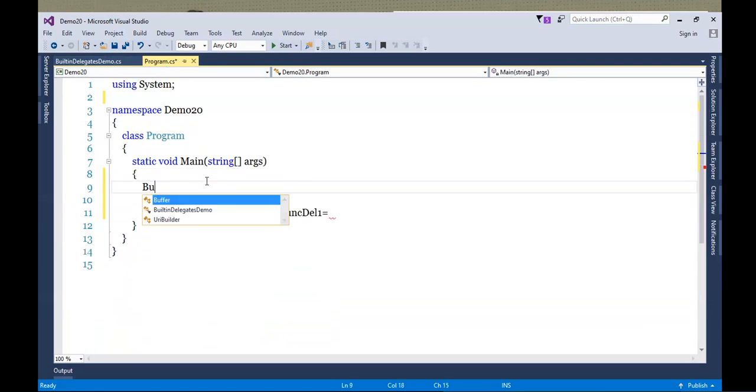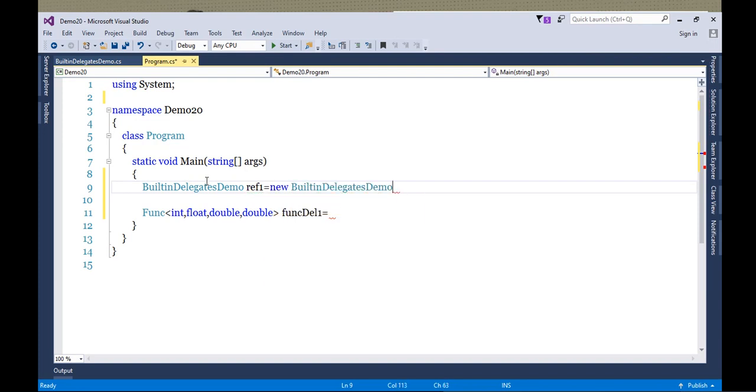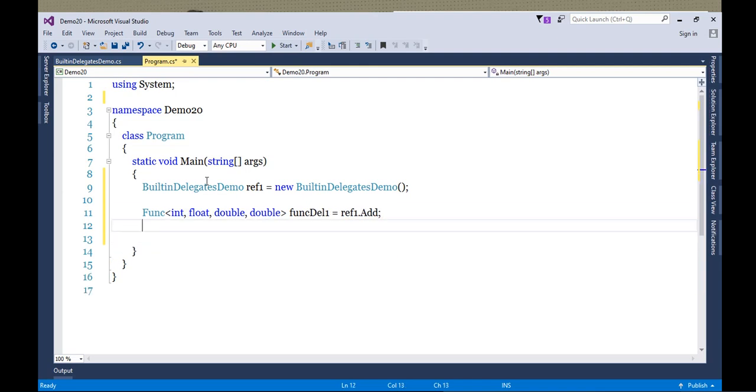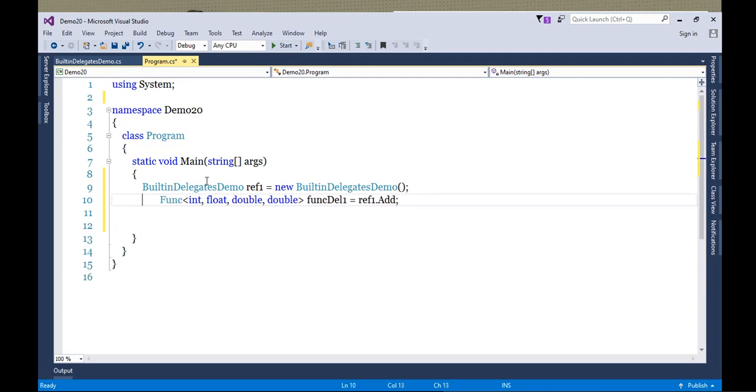We'll create a reference of the class, BuiltInDelegatesDemo, reference1 equals new BuiltInDelegatesDemo. And then here I will write reference1.Add. Okay. And now using this Func delegate, we will be calling this Add method.